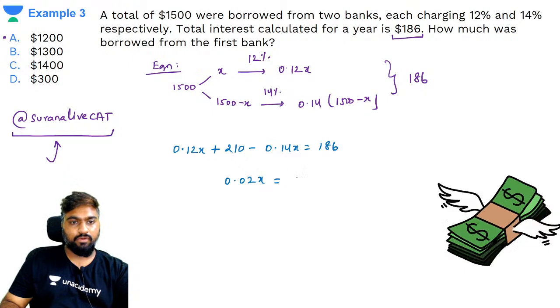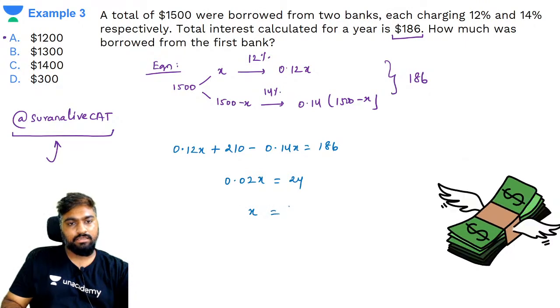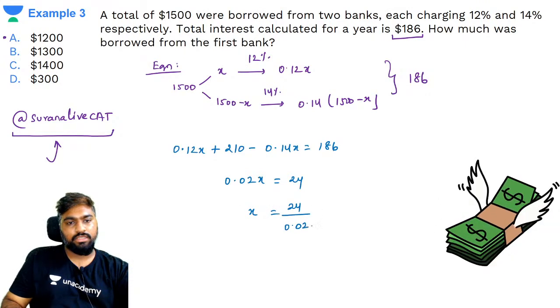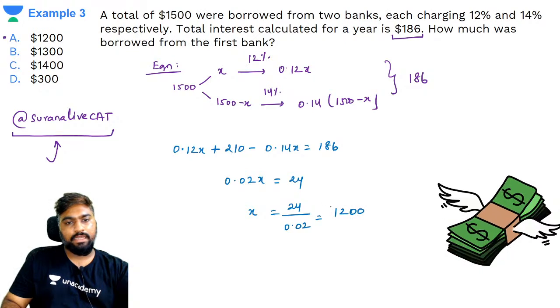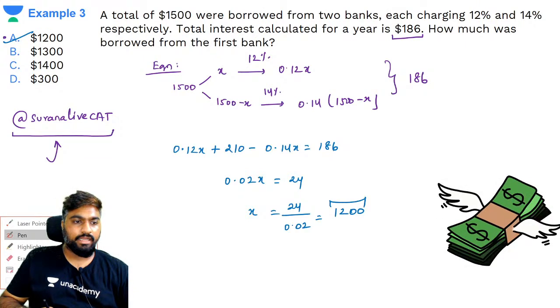Yes, sorry, 24, not 14, 24. So 0.02x is 24. We want x, that is 24 by 0.02, that is going to be $1200. So ये हो गया आपका स्टैंडर्ड मेथड, रेगुलर मेथड के भाई नॉर्मली कैसे सॉल्व करेंगे इसको, राइट।